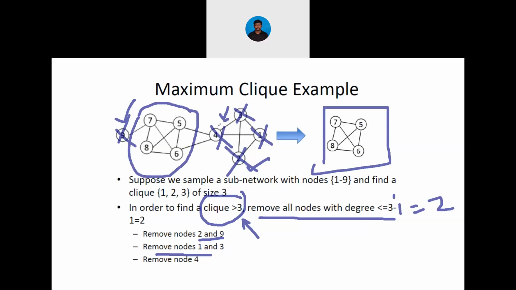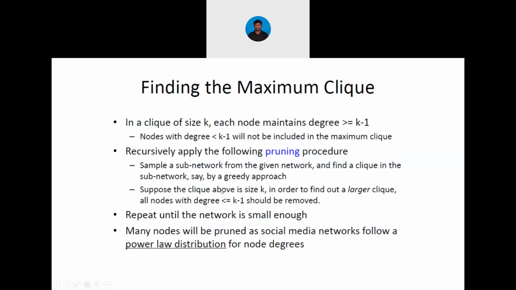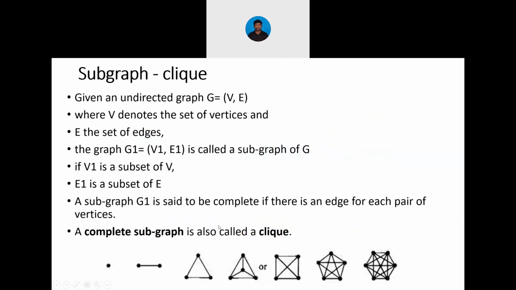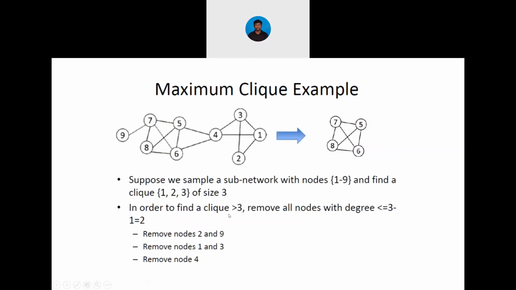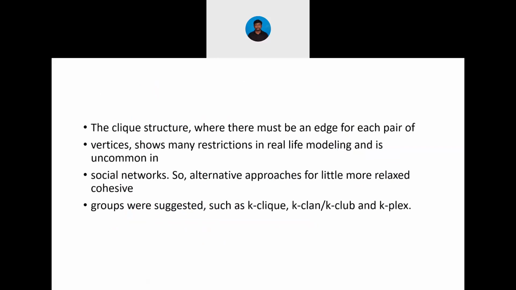So this is how you have to find the maximum clique. You keep it in your mind, right? So this is a very basic thing. You understand what is meant by clique, right? A clique is nothing but I'm deriving a subgraph from an original graph, and I'm finding whether it is a complete graph or not. If it is a complete graph, then we can call it a clique, right? So this is how we have to find the maximum clique from a particular original graph.